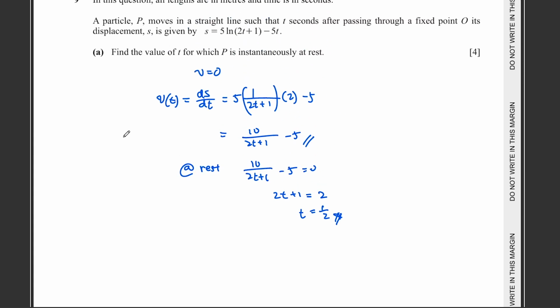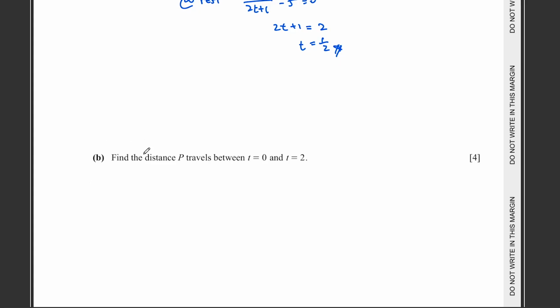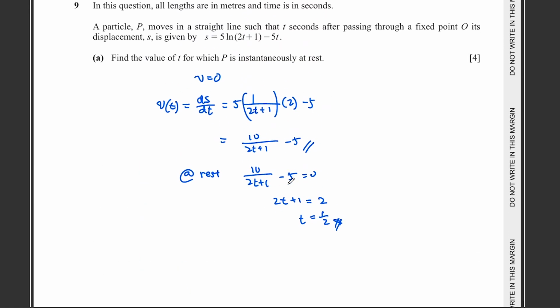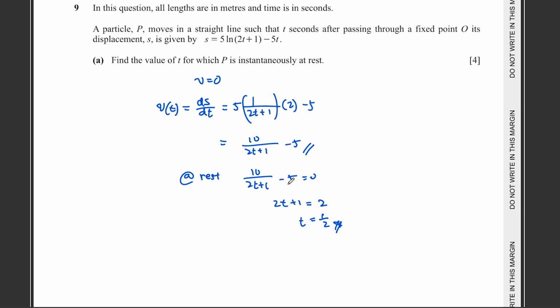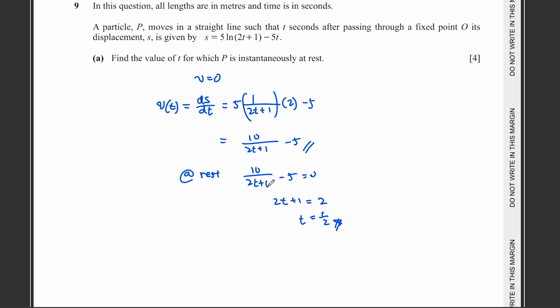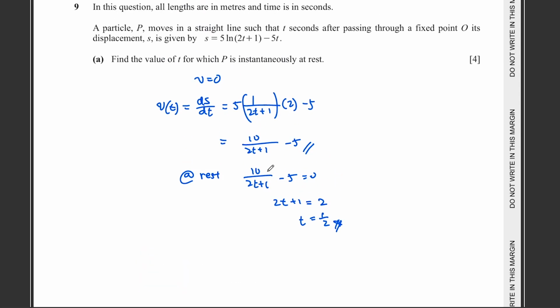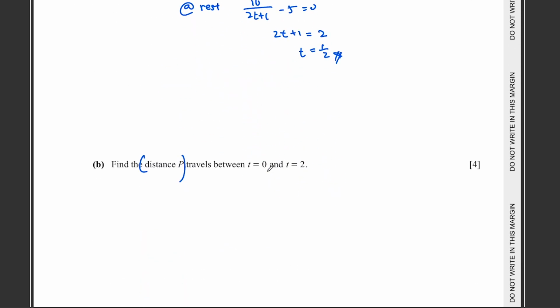Right, so now we need to be slightly more careful because we want to find the distance that it travels. So we know that P comes to rest at 0.5 seconds or half a second. And from this equation, we know that there is no other value of time where it changes direction. So we need to be careful of this. And probably you can sketch the graph out. It will probably look something like this. Again, it's just a sketch. So v against t, right? So at the first moments, it will be traveling